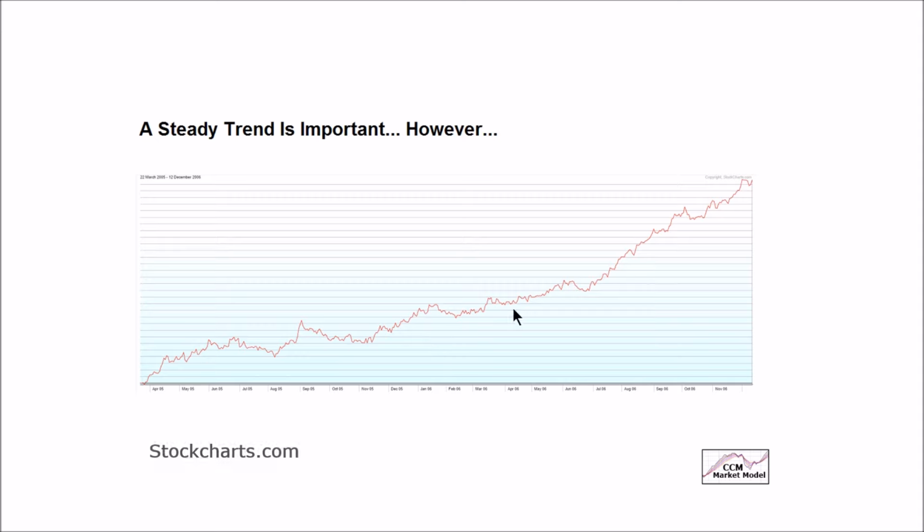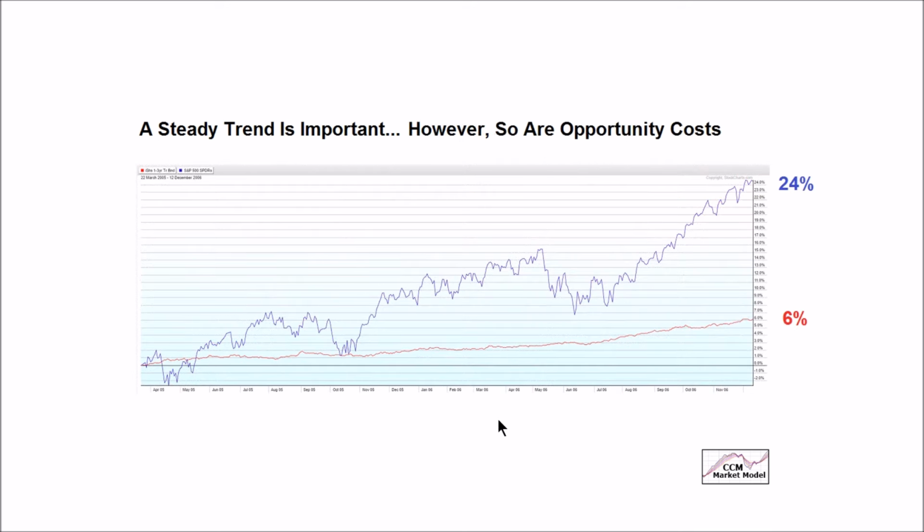This is the percentage change in an investment between March 22nd, 2005 and December 12th, 2006. This type of trend would obviously score well on our system, and if we put moving averages on it or indicators, they would produce favorable and bullish scores. Trend, important. However, opportunity cost is also important. Here's the exact same time frame, March 22nd, 2005, December 12th, 2006. This is the steady trend that we just looked at, which is nice, but over the exact same period, this investment did quite a bit better,